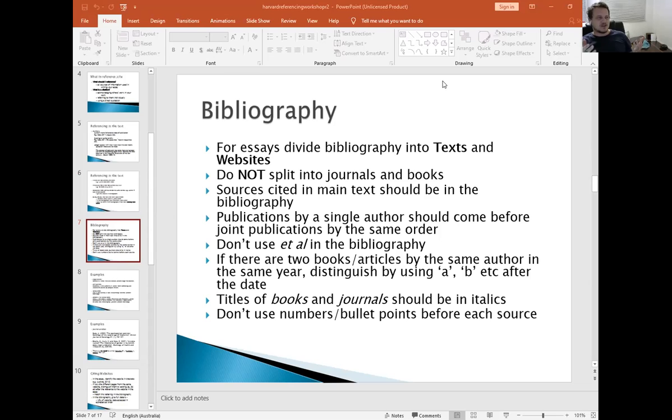It will tell you in your assignment. Don't number or put into bullet points your references. It should be in alphabetical order. Again, we'll look at the bibliography more closely in later weeks.